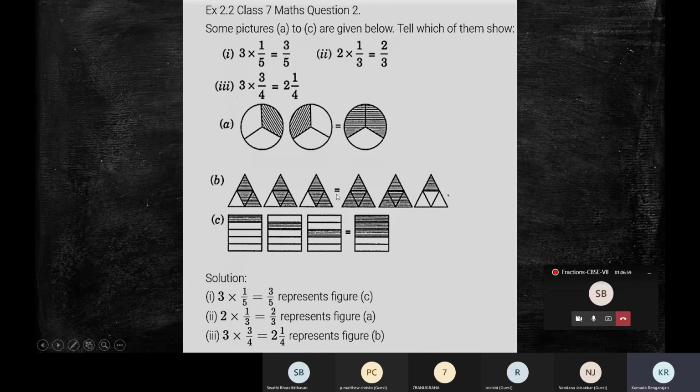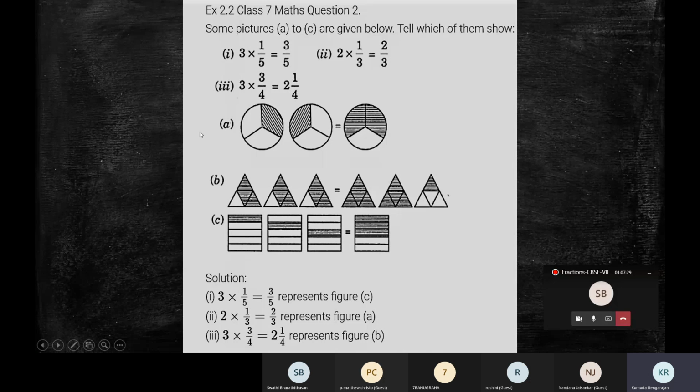And that's equal to, you have this one fully shaded. This one is also fully shaded. So you have two full. Then in the third one, 1 out of 4 is shaded. So 2, 1 by 4, because 2 full are shaded. This full thing is shaded, so this is 1. This is 1. 1 plus 1 is 2. And here 1 by 4. So 2, 1 by 4.